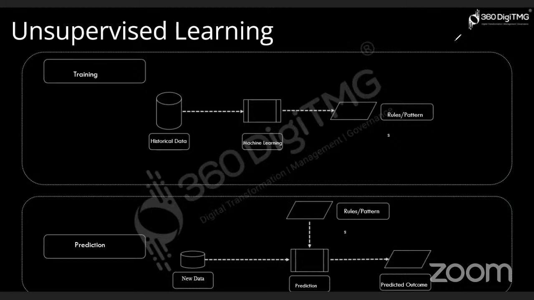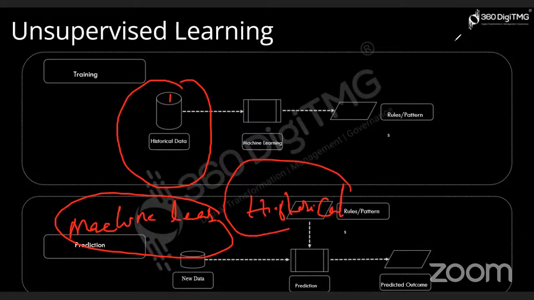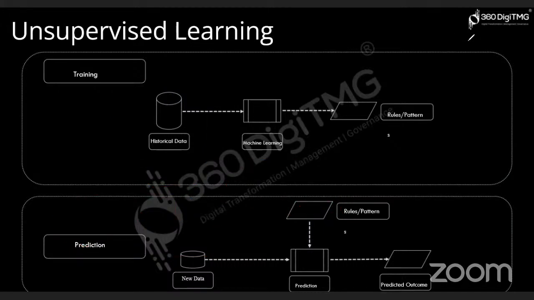When it comes to supervised, you will be having historical data. Whenever we are talking about machine learning models, we will be having the historical data. Based on the historical data only, we will be training that particular model, and we supply the new data in order to do the prediction. Even when it comes to unsupervised learning, we'll be having the historical data, but without any labels or without any output columns. So once we have a historical data,